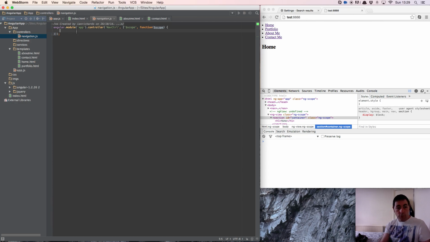Now we've got our controller defined. We are using scope. Now, scope, as I said, we'll talk about this shortly. In fact, probably a good time to talk about it now. Right, okay, so scope